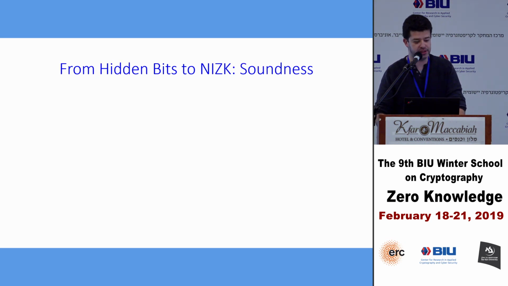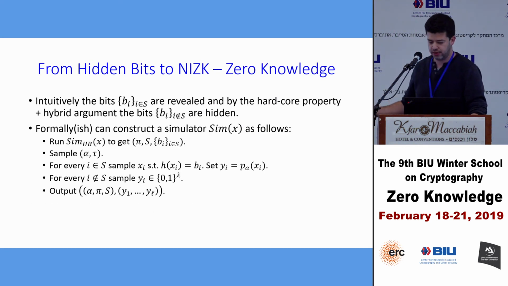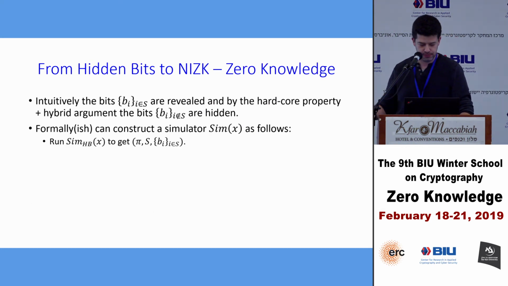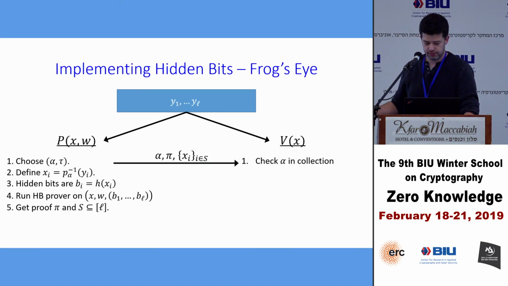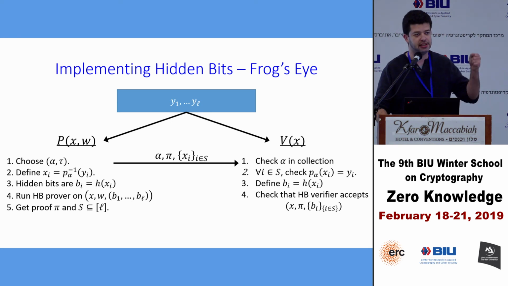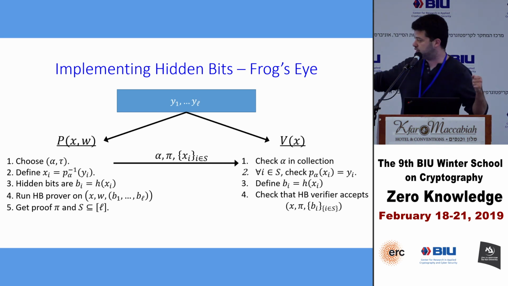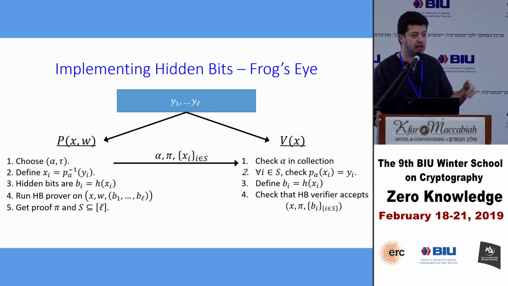Now let's talk about soundness. And to argue soundness, let me go back to the protocol, actually. To argue soundness, I need to consider what an arbitrary cheating prover does. But I want to start off with a weakened version, in which I insist that the cheating prover P sends some particular string alpha in its message. Okay, and later we'll need to generalize to provers that are allowed to send anything.